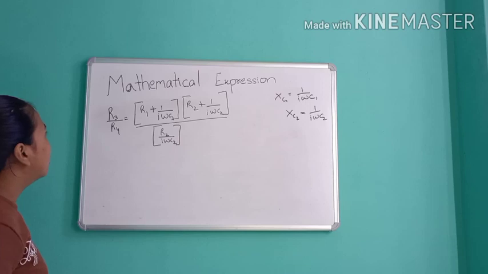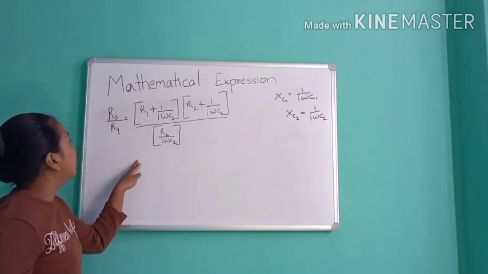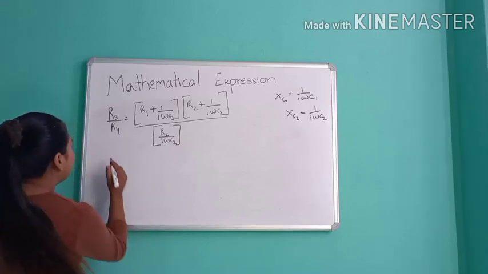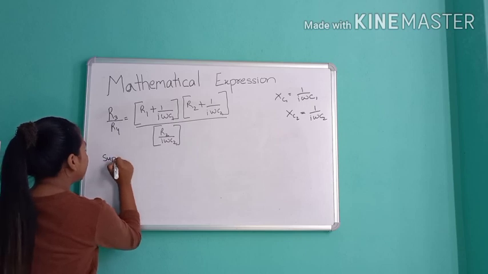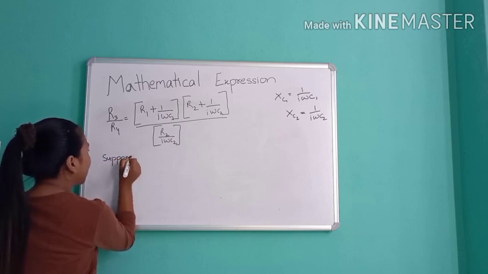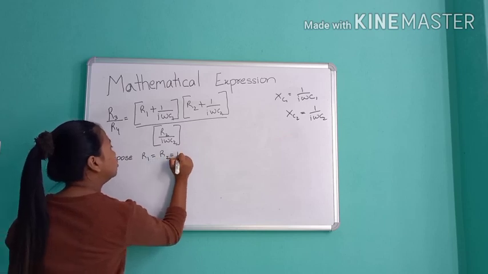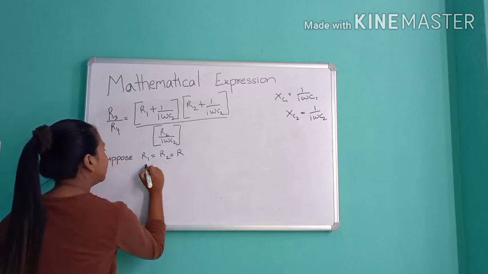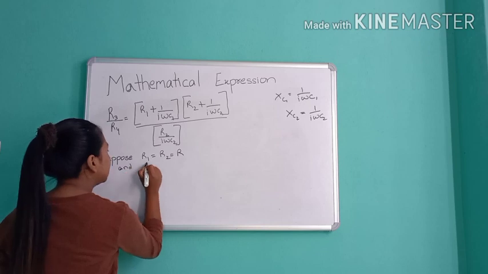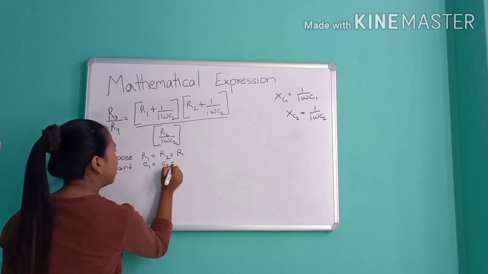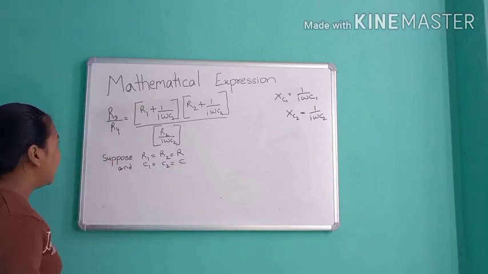This is what we got. Now in order to make it simple, suppose R1 equals R2 equals R and C1 equals C2 equals C, then